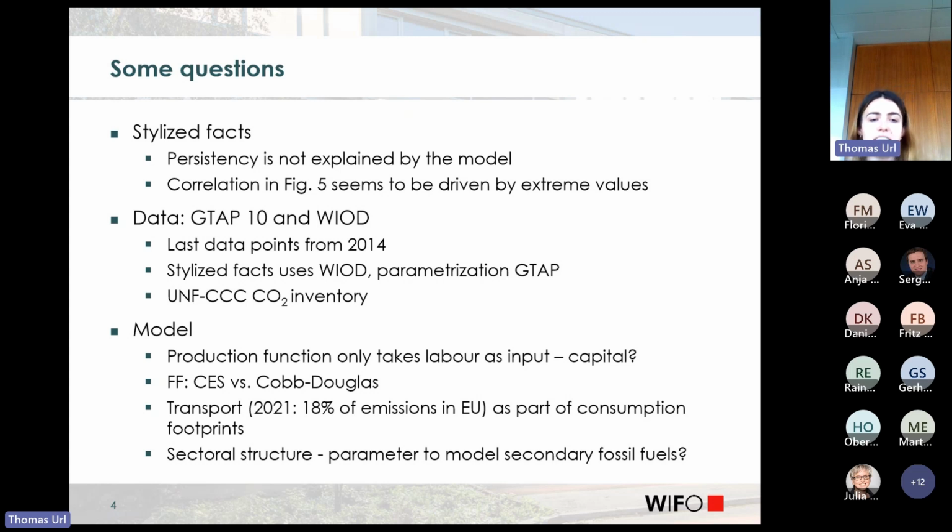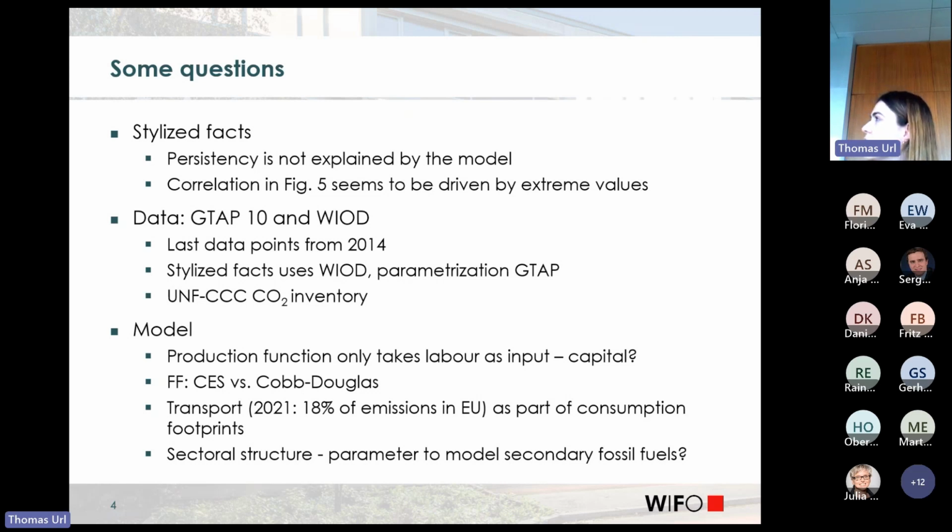Let me maybe start with the stylized facts. You already mentioned it a bit in your presentation, so maybe you could explain again why you put the persistency of global trade imbalances in so prominently as a stylized fact. Maybe because it's something that's not really explained or not even considered in a model. This is a bit of a standalone statement, and if you have to shorten your paper, this is something you could take into account. I think it's a nice story for a presentation, and quite interesting to see, but if you're a bit short on space, this might be a good thing to cut.